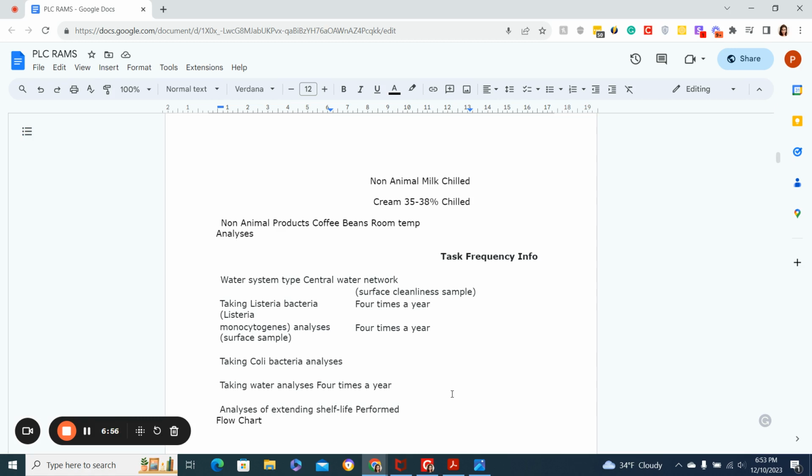So, okay, central water network. What if there's Listeria, E. coli, and all that fun jazz? So you should be testing your water 4 times a year and say you're going to do that. Why is it needed? Well, if you prep something and use water on site and they find E. coli and it's found in the water source around you,